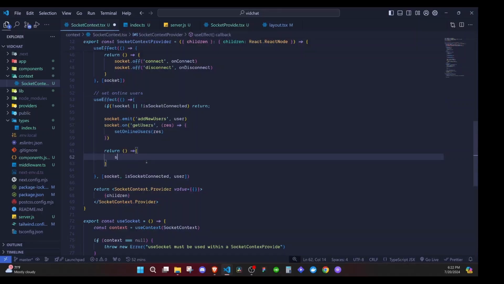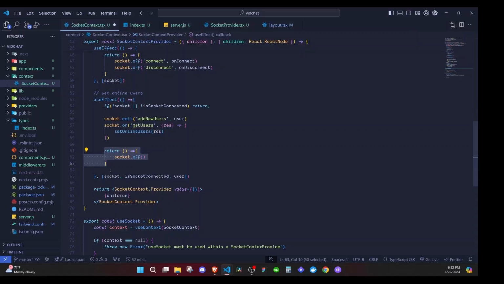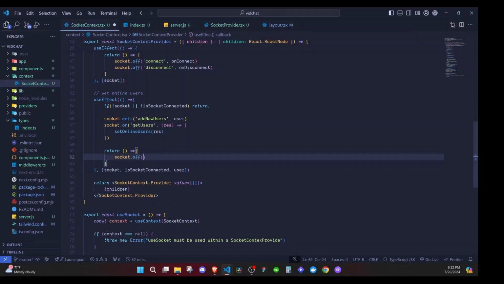So right here I'll say socket.off. Whenever we run this useEffect again, this cleanup function is the one that we run first to clean up the previous listening of events. And here what we will clean up is get users. Basically we will clean up this, so I can copy that and I'll paste it right here,